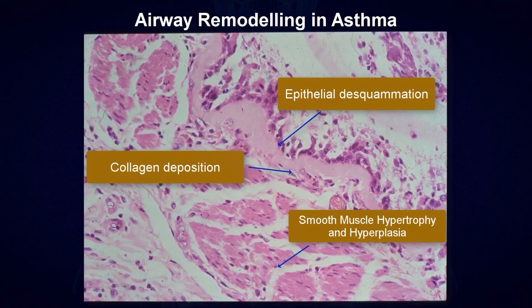Well, the mechanism is not that simple, but this is so that we can explain it to our patients. So this subepithelial collagen deposition and the hypertrophy and hyperplasia of the smooth muscles together lead to permanent changes in the airways, which we call airways remodeling,